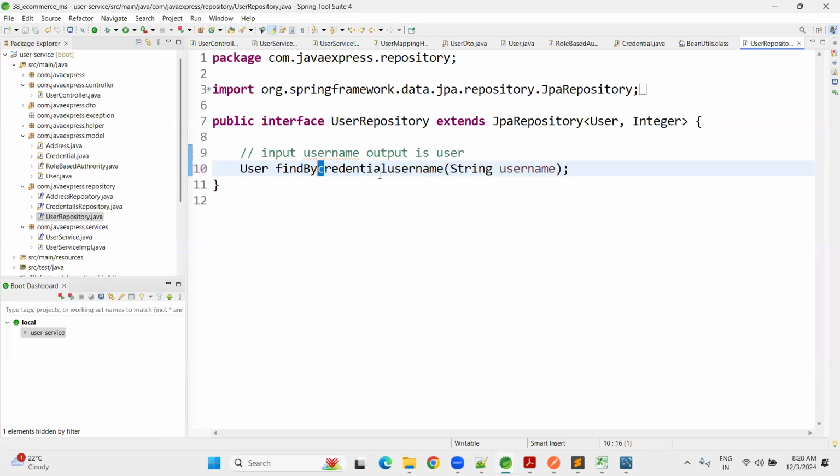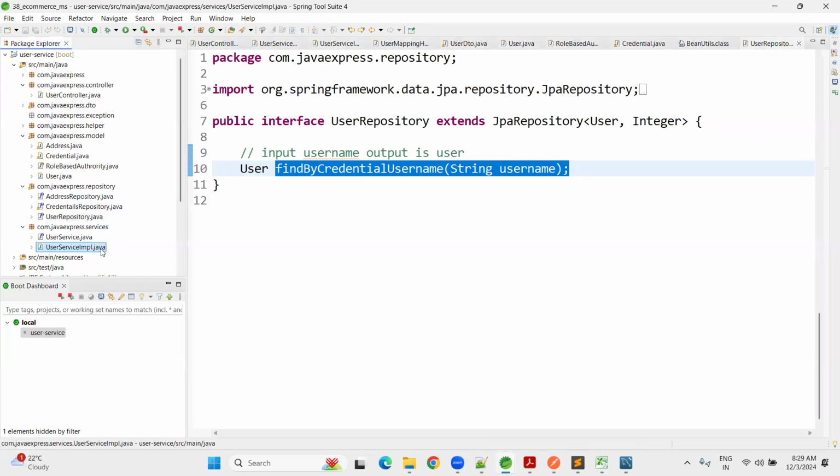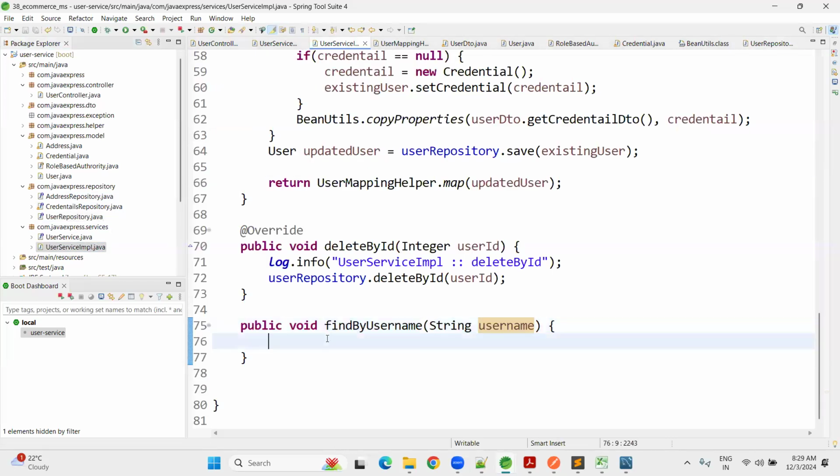Now you need to change the first letters to capital letters, like this, following method camel case. So you can make it capital, and it will work. At runtime, it will generate a query for you. Okay, we'll verify. Go to the service layer. Now, how can I do that? Log dot